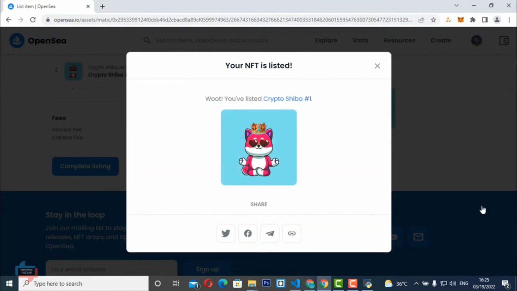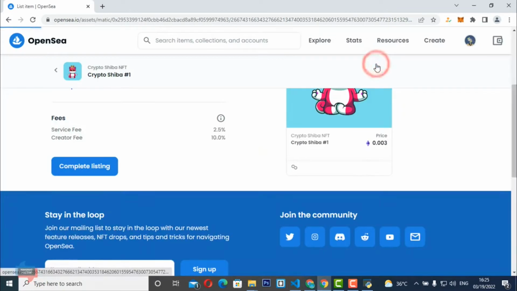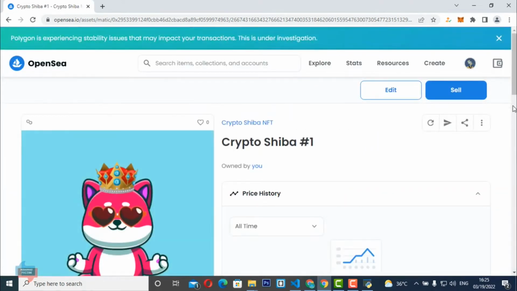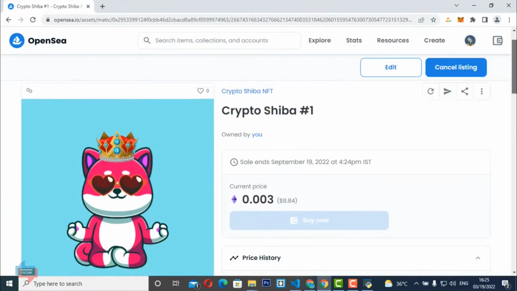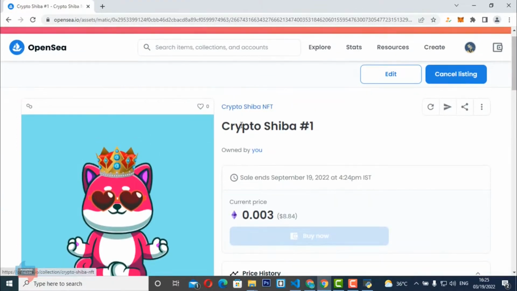Perfect, congratulations, your NFT is listed. You have listed Crypto Shiba 1. Now let's cut this. Perfect, you can see here our collection name Crypto Shiba NFT, Crypto Shiba 1, and the price is 0.003 Ethereum. Okay,